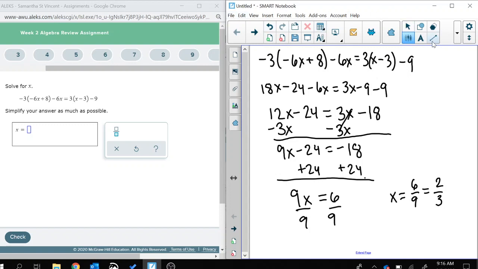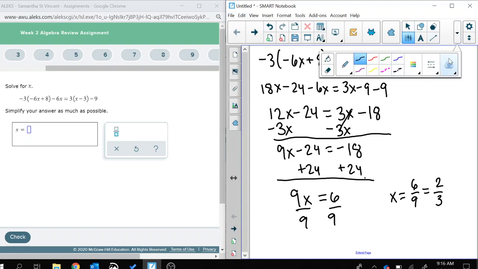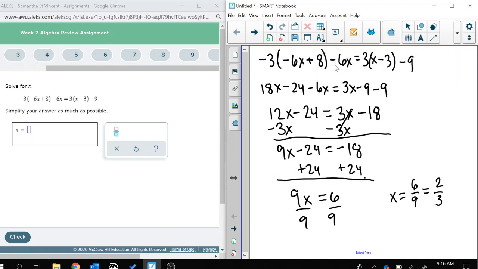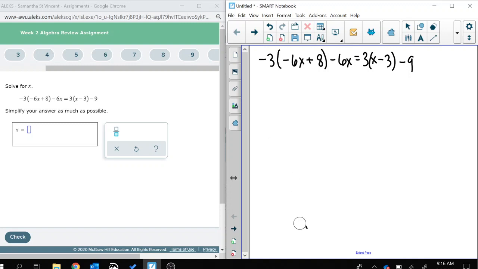Okay, now we ended up getting some bigger numbers than we've had with some of our other problems here, just because we distributed with some pretty big numbers. So if I look back at this original problem I have up here, some of you might have noticed that my coefficients and all of these pieces here are all divisible by 3. So I could divide the whole equation by 3, which means this would go away,